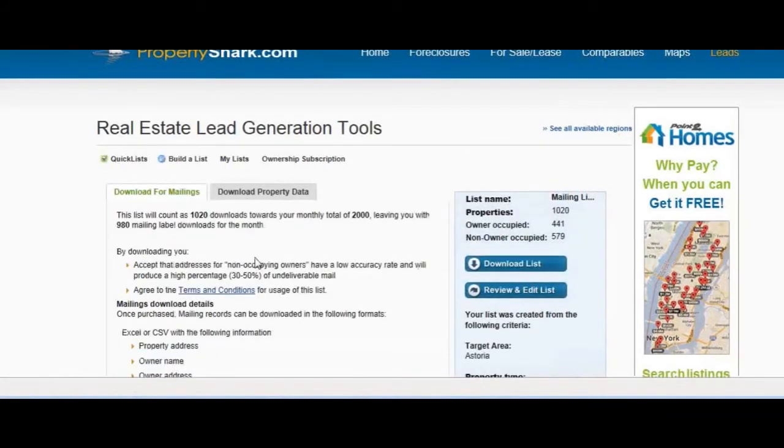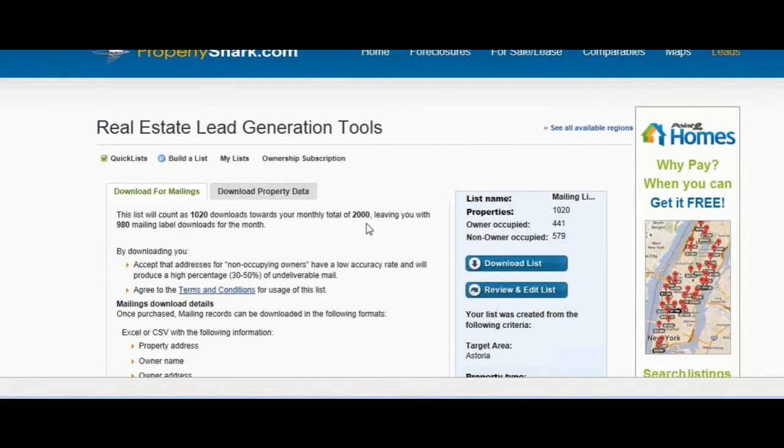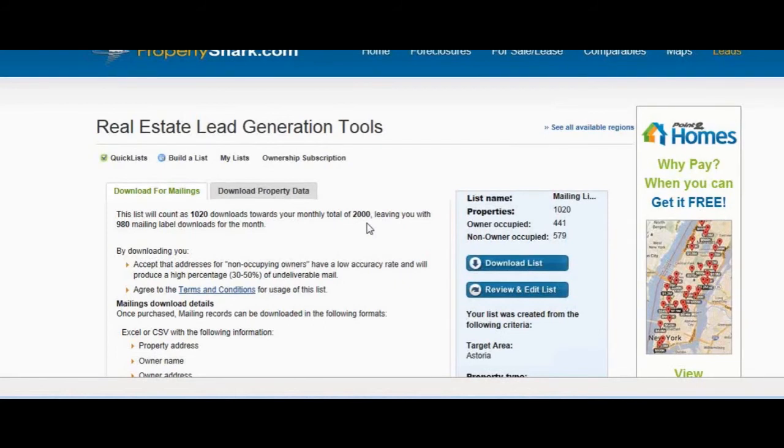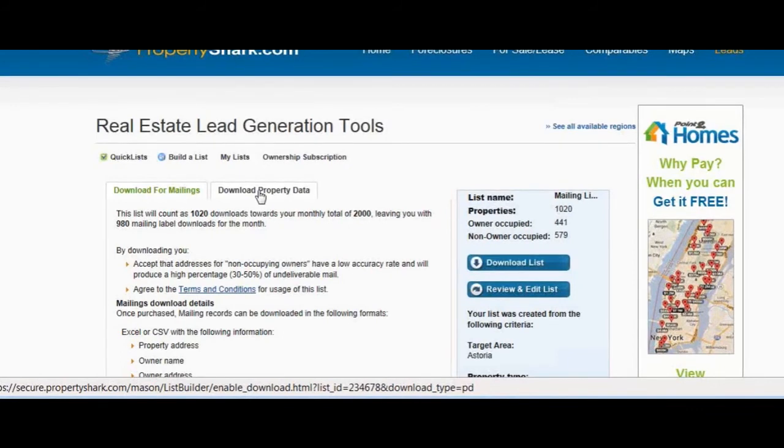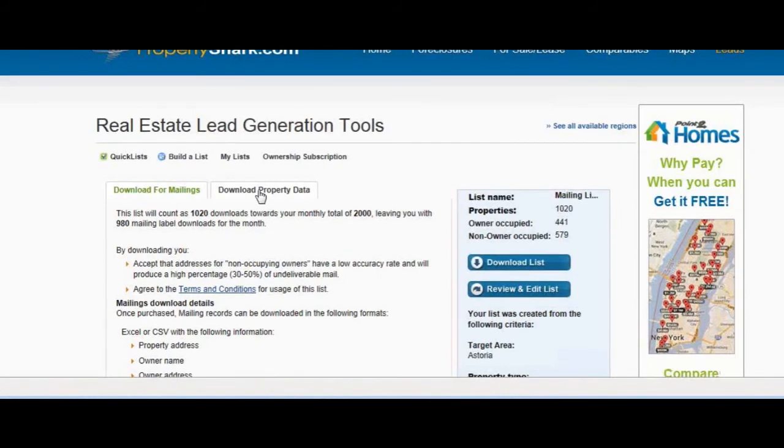And now you choose how you want to download the list. You can download for mailings, in which case you see you have 2,000 results per month as part of your subscription. And so 1,020 of this 2,000 are going to be used today. You also have the option to download property data. Now, downloading property data is like downloading a property report for each of the results on your list, and it comes downloaded directly into Excel. So you have a lot of information that you're able to keep on all the properties that are on your list. We'll go through the mailing list for now,